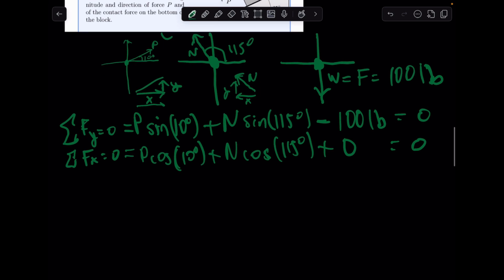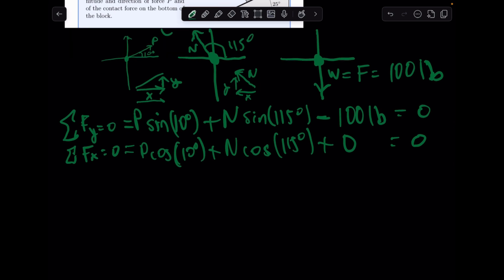So basically, we solve for these, and you can check your math. After you solve your system of 2 equations, 2 unknowns, P equals 43.8 pounds, and the N equals